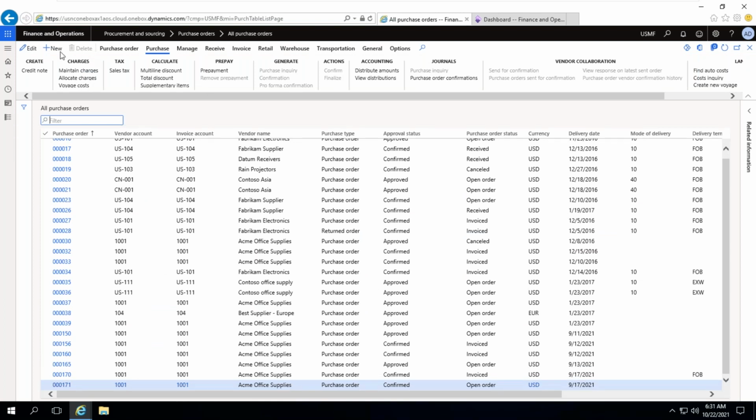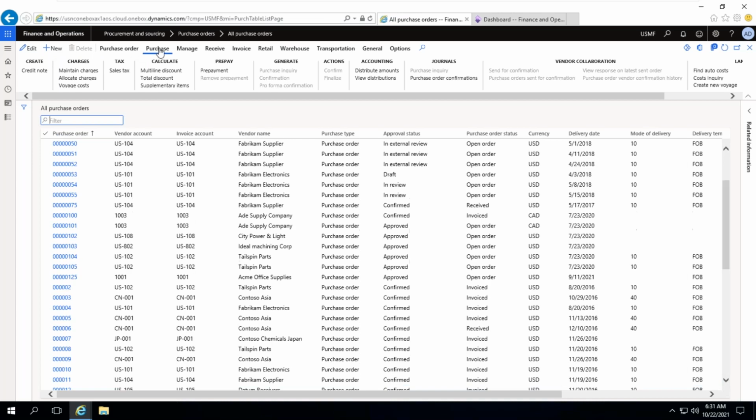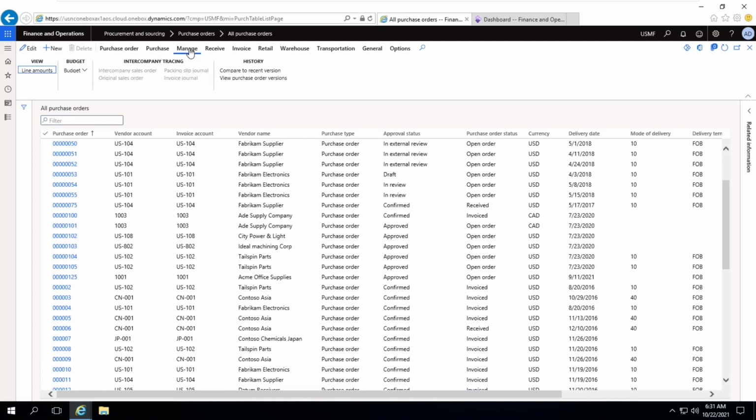You need to click on the New button. There is the purchase order tab, the purchase tab. These are tabs: manage tab, receive tab, invoice tab. Like this, there are so many tabs. These are buttons. Click on the New button.